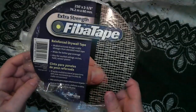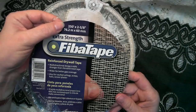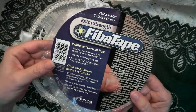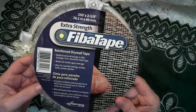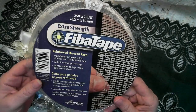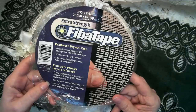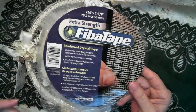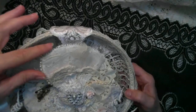This is the label. It's called fiber tape. It's 250 feet. It was a little over $10, so I figured it was eighty-something cents a yard, so I didn't think that was too bad because I plan on using it. And it's got adhesive on the back, so it works real good, and I used that on the top of the blade here,